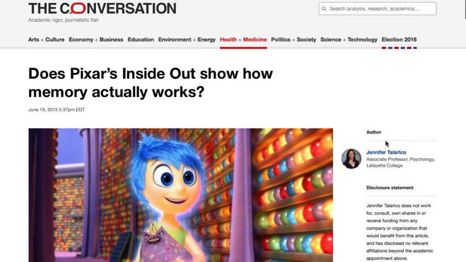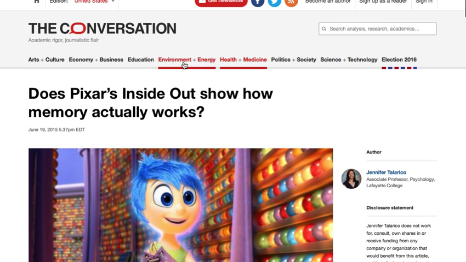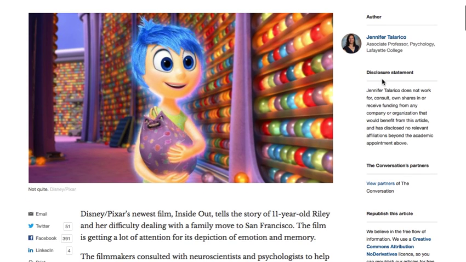So basically, what we know from The Conversation, this sort of publication, is that they actually have their authors give disclosure statements about whether they are funded by or work with people who would benefit from this article, and so that's a really important thing to note in terms of a